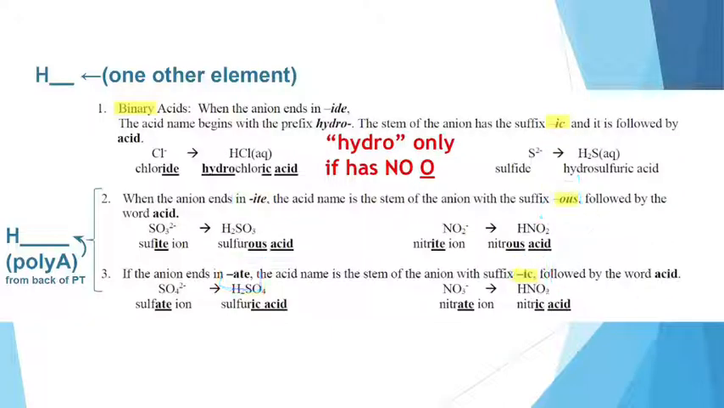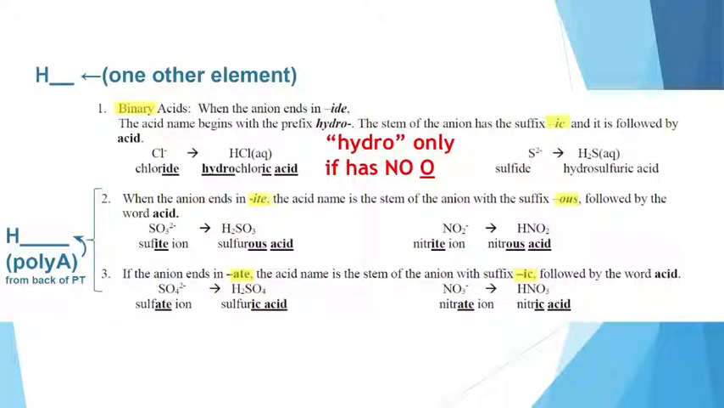So hydro at the beginning if it's binary, then "ic" at the end. If it's not a hydro acid, if it's a polyatomic acid, there's no hydro. We just have to focus on changing the ending to be either "ic" or "us," depending on the polyatomic's original